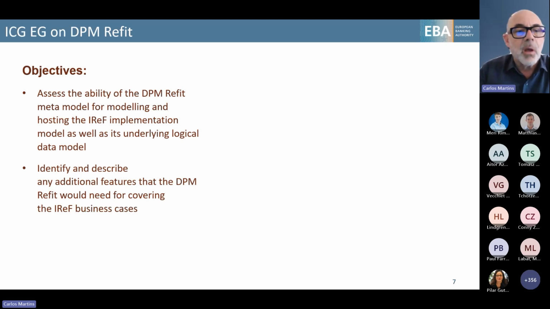At the same time, we wanted to identify if any additional features would be needed, something not included in DPM, to cover those specific IRF business cases which are not so familiar to the experts that have been developing the DPM 2.0.